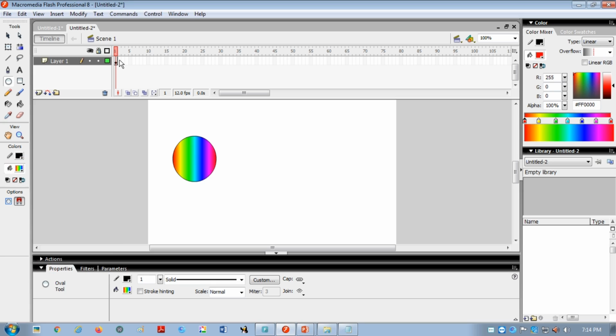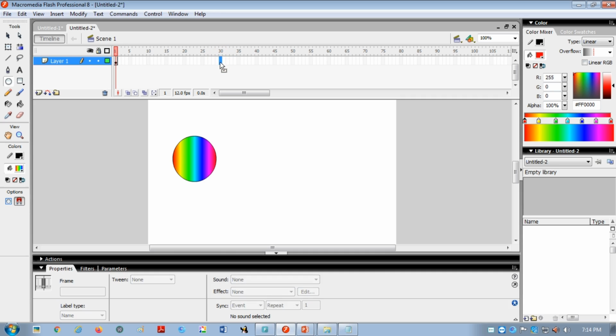Now I will not create the keyframe in the second frame. No, I will take some distance, say 30. So let me create on the 30th frame like this, and after that this blue line will come. Okay, then you have to press the F6 button. This is very important because we press keyframe. Why? Because we want some animation. So you have to press the F6 button. Here the changes will be there. Just press F6, then this line will come and automatically this line will also come.